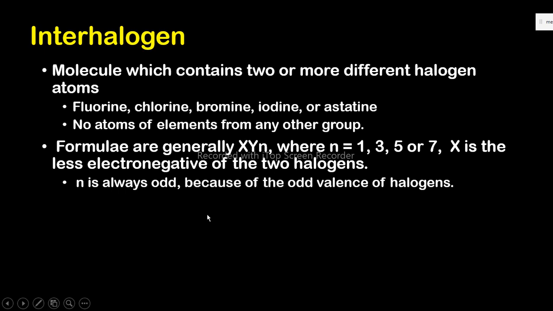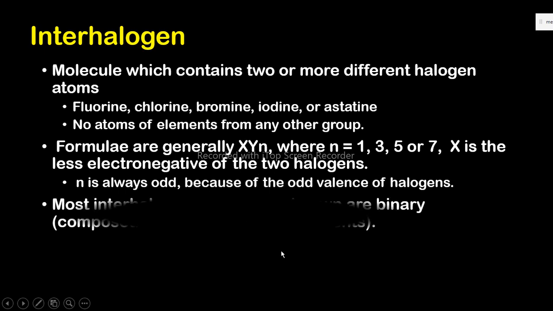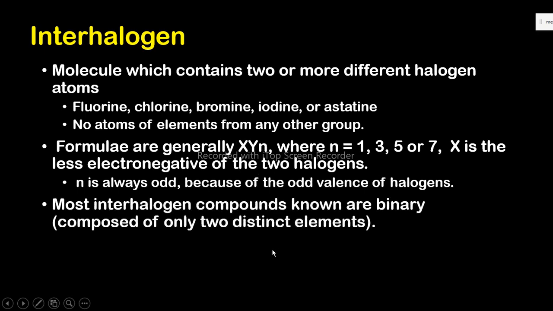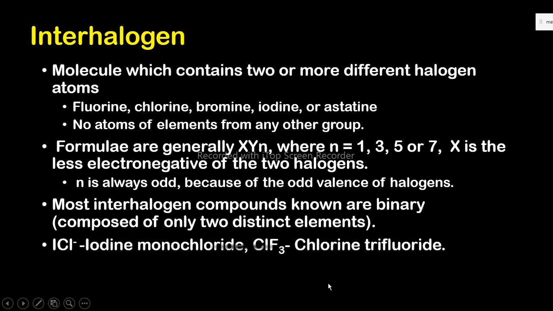And n is always odd because of the valencies. So most interhalogen compounds are known as binary, whereby they are composed of only two